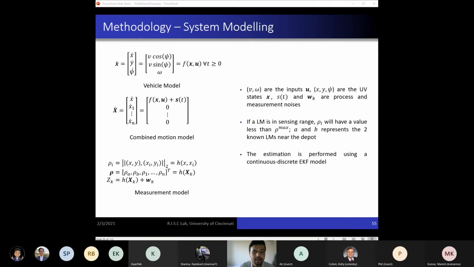The UV is modeled as a 2D fixed altitude model. We also have developed a 3D model using 12-state quadcopter dynamics for landmark dropping and for the SLAM problems, and this will be discussed in the future work section. But we assumed constant height, or at least ground robots, to begin with to simplify the optimization problem. The landmarks are estimated once they're deployed. Since they do not move, the rate of change of the position of the landmarks is assumed to be 0. We perform range-only measurement. S and W represent the process and measurement noise, respectively.